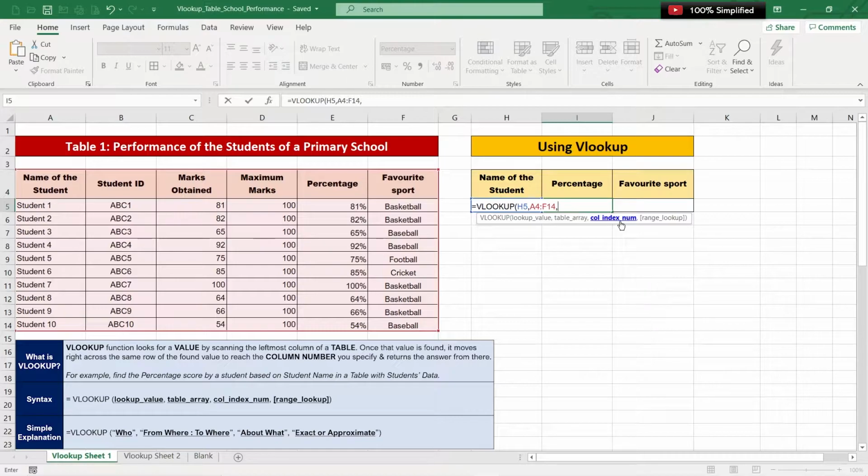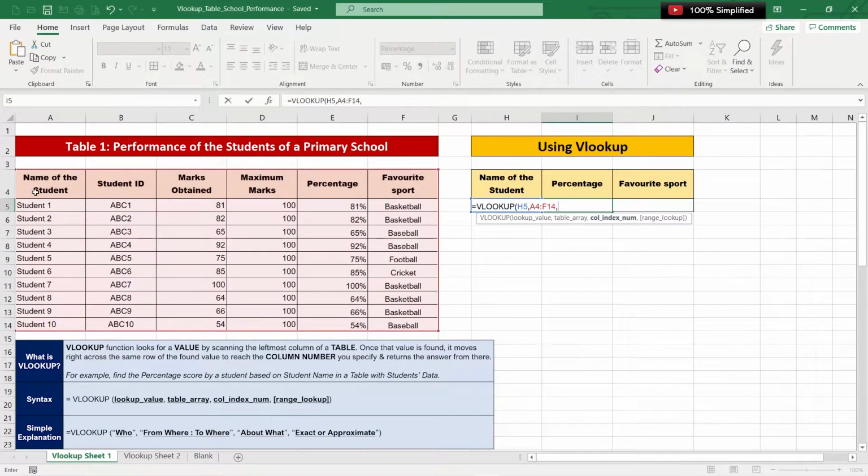What is a column index number? It simply means what are you searching for? We were searching for percentage, so go back to the table and search for the column number of percentage, because we have to enter a column index number. We cannot just put any cell here. We will have to enter the column number of percentage in this table.